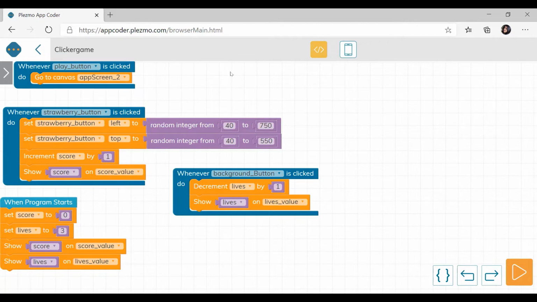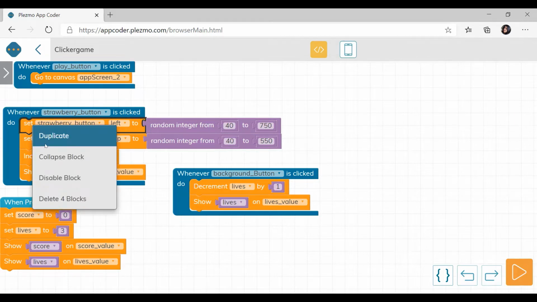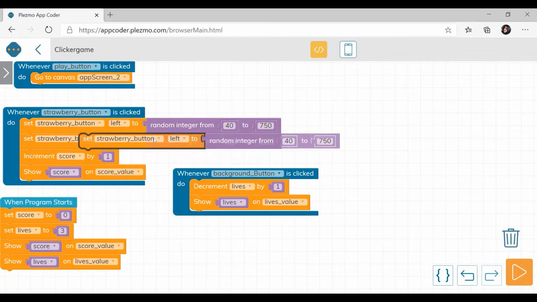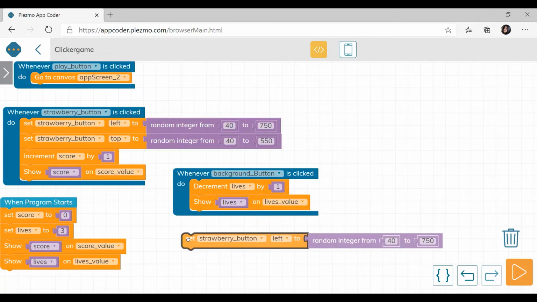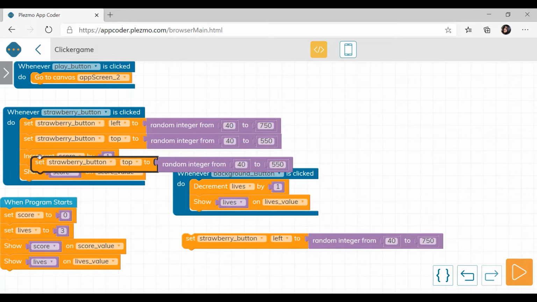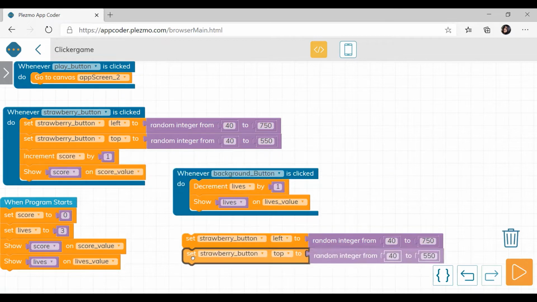Okay, so what we want is the left and the top property should be moved to different position without getting clicked, right? So we will duplicate this block and place it in the code area, and also the top block and place just below the left.